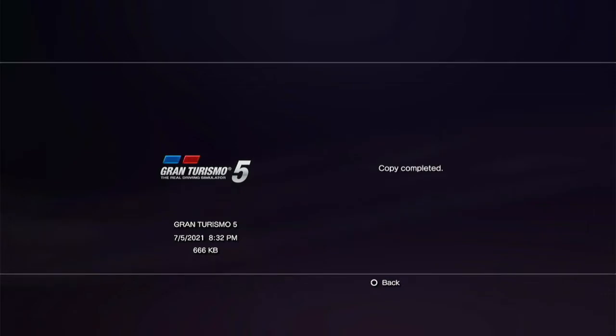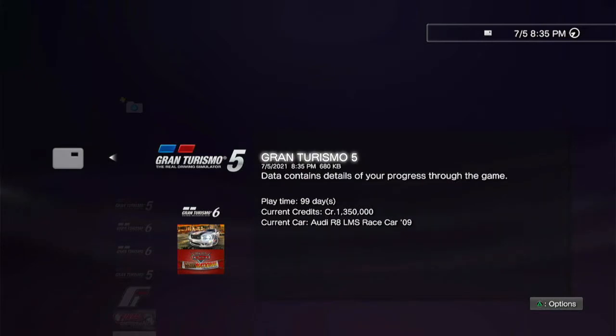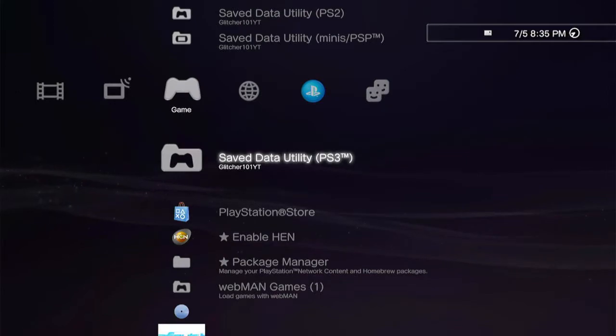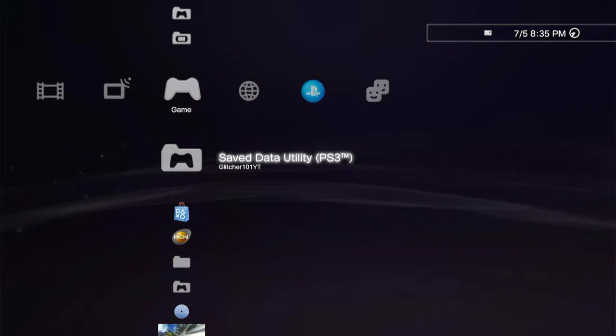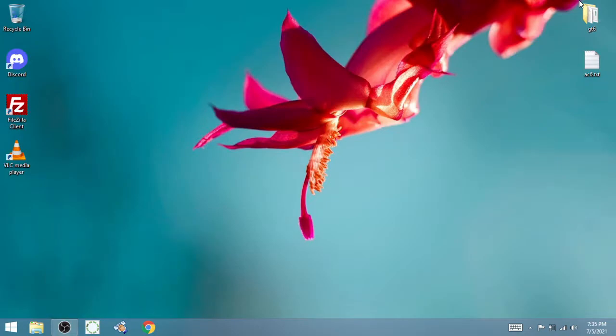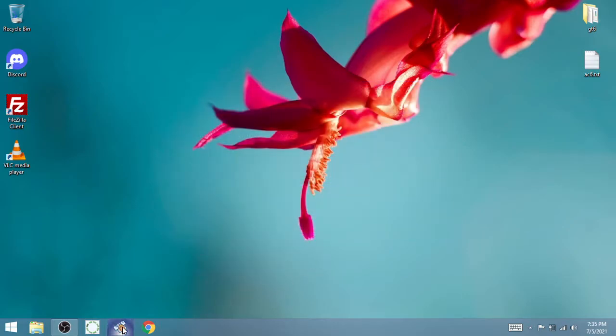Now, from here, hit back, and then make sure that your save is in there, make sure it matches. Right, it matches, and then just exit out of here, and then just remove your USB stick. Now from here, what you're going to do is plug the USB into your PC. All that you have to do is just plug into your PC, and you should hear a tone, and it usually does its thing, but you're just going to click on this, and in the description there will be